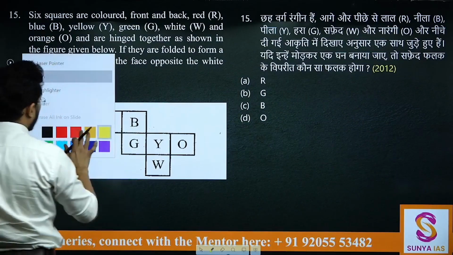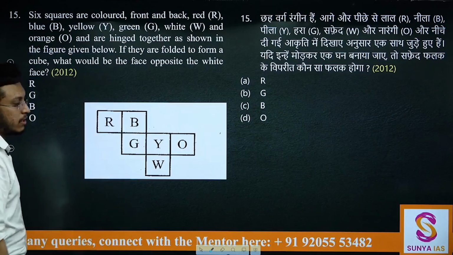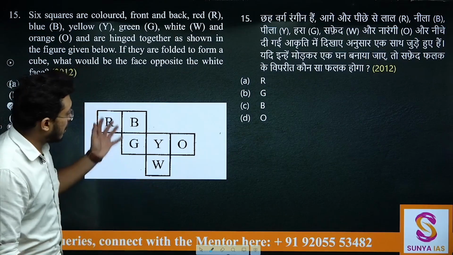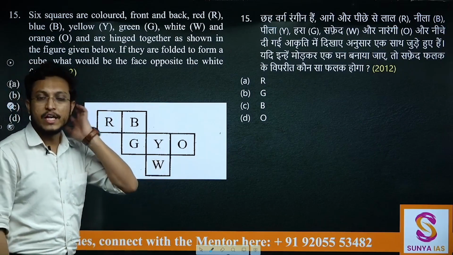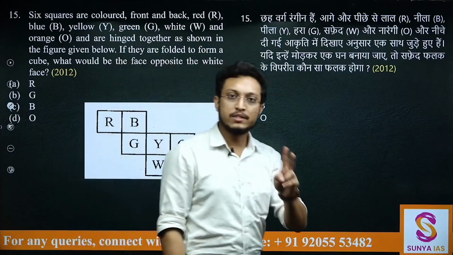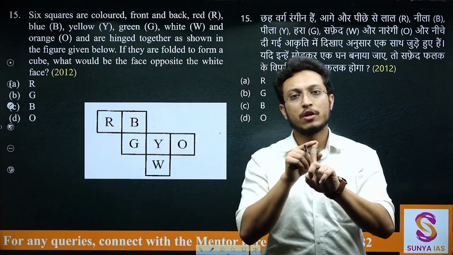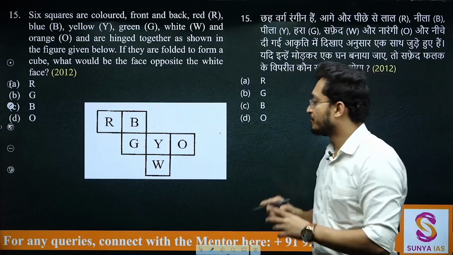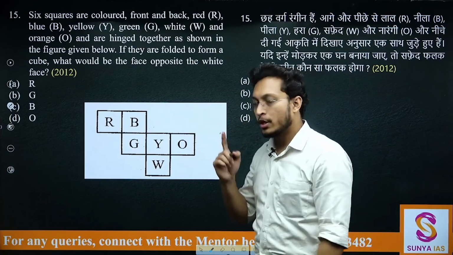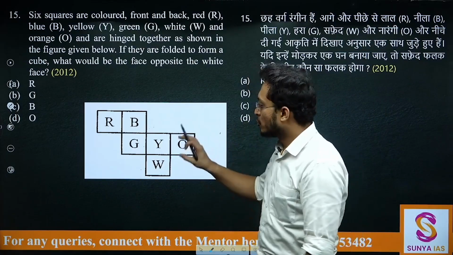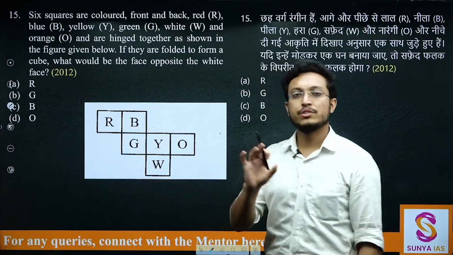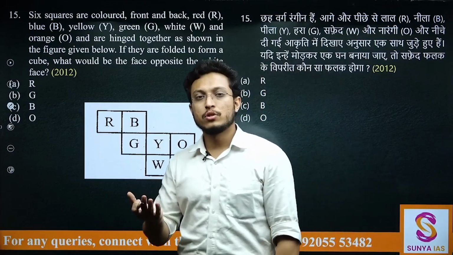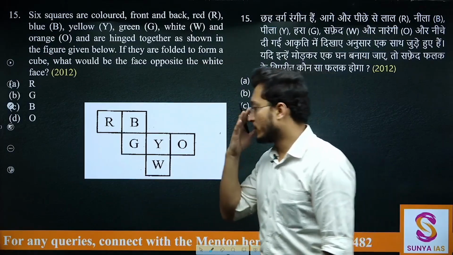Let's find all the pairs of opposite faces here. Now how will I find opposite faces? See, if any two particular faces are adjacent, they will either share a corner or they will share an edge. So let's find out all such pairs that are sharing a corner and edge. Based on that, let's find the pair of opposite faces.